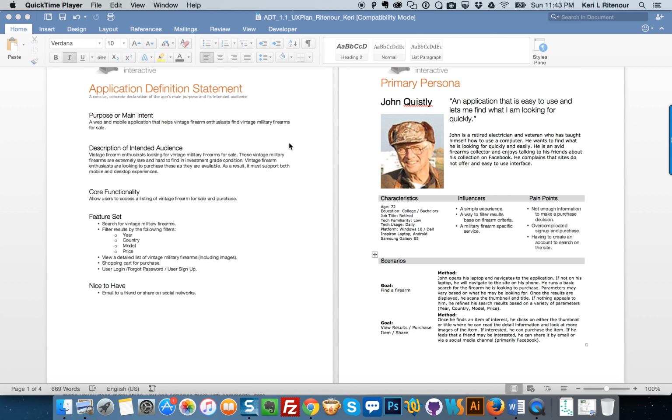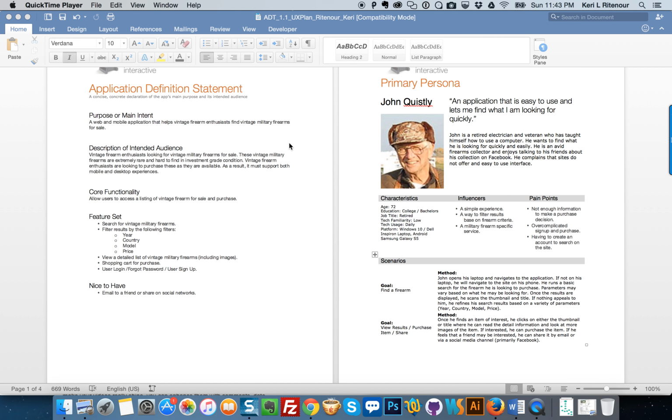The first primary persona is John Quisley, a 72-year-old retired gentleman who has obtained his bachelor's degree. He is fairly new to using technology. He's taught himself how to use it, and he uses it usually on a daily basis, either on his mobile phone or on a desktop computer.